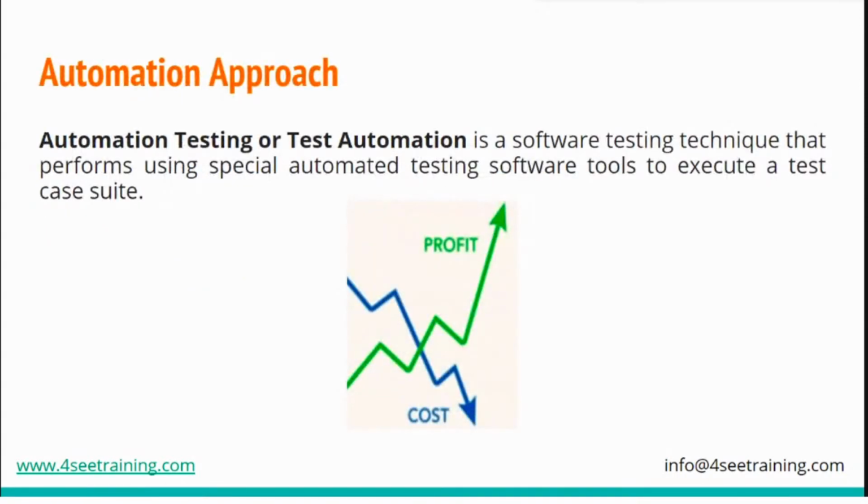Then we discussed what the automation approach is, why automation is necessary and why it is gaining so much popularity in the industry nowadays. With the help of automation, we can save cost, time and effort, and these three are the key points for a company to make higher profit. That's why companies are adopting the automation approach of testing. Even in HR processes, testing, manufacturing and production, they are adopting automation. So automation is very necessary nowadays.